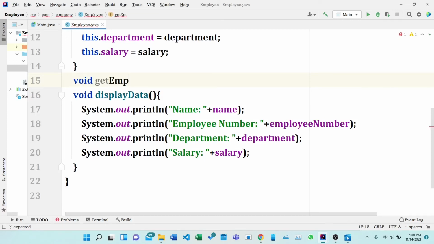So I'll call another method here, void getEmployeeData. We want to receive it interactively. So System.out.println, enter